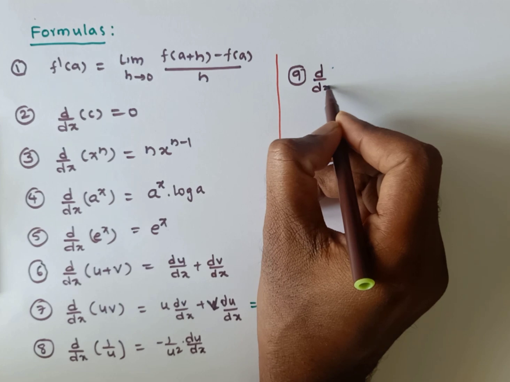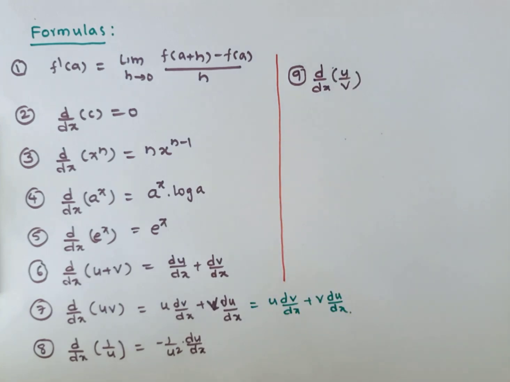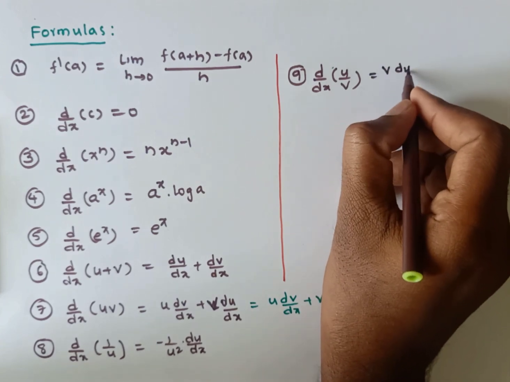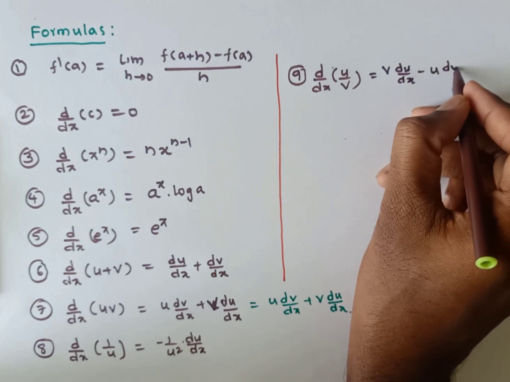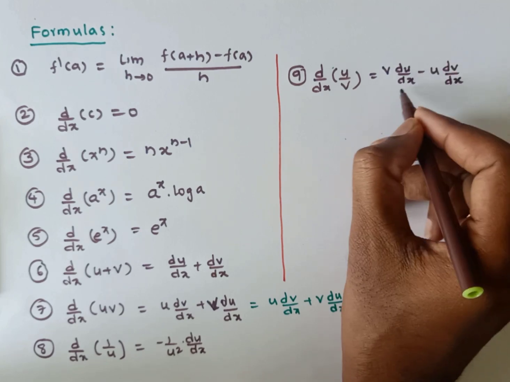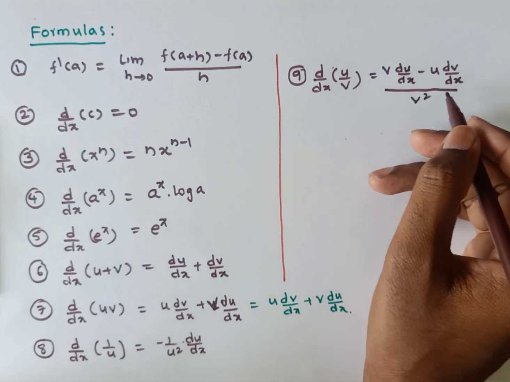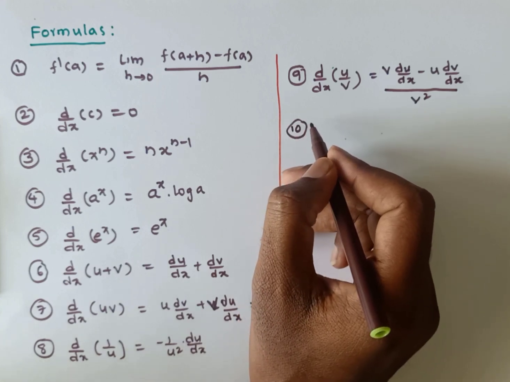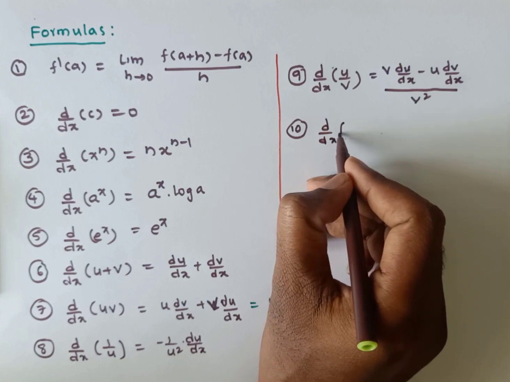d by dx of u by v is v into the derivative of u, that means du by dx, minus u into dv by dx, whole divided by v square, right? Next, the tenth one is the chain rule. d by dx of f of g of x, which is equal to, first you need to